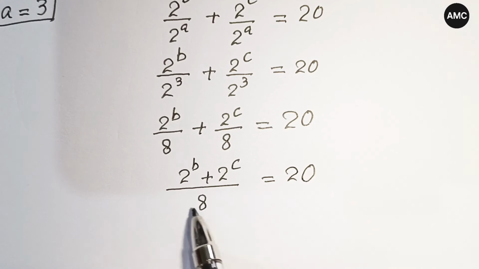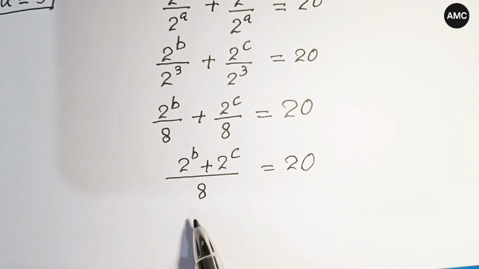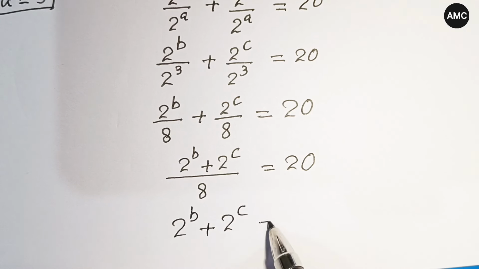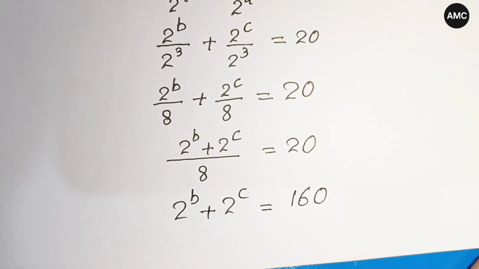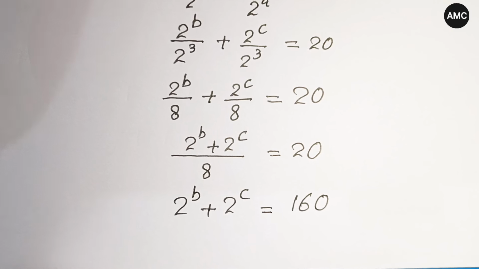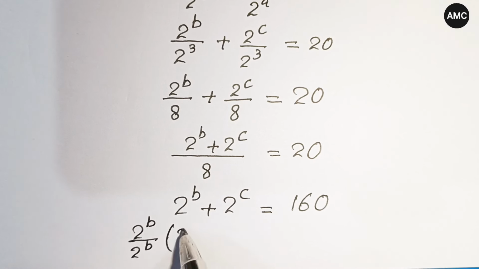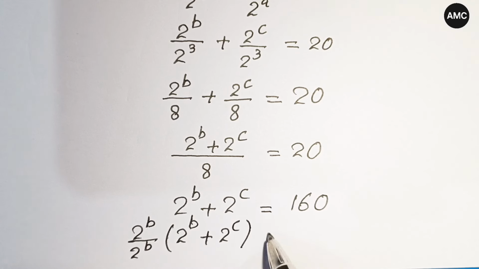So if we multiply 8 on both hand sides, then we will get 2 to the power b plus 2 to the power c is equal to 20 times 8, we will get 160. Now if we just go to divide and multiply by 2 to the power b on our left hand side, so it will be 2 to the power b times 2 to the power b plus 2 to the power c is equal to